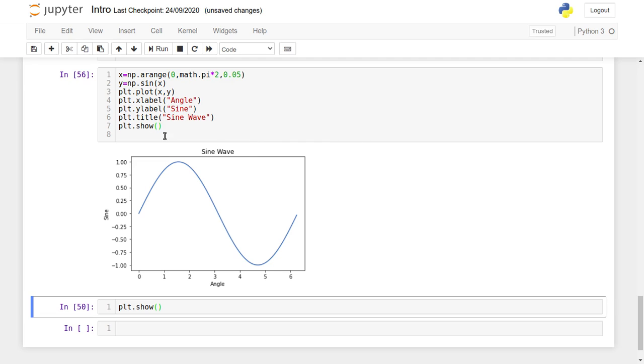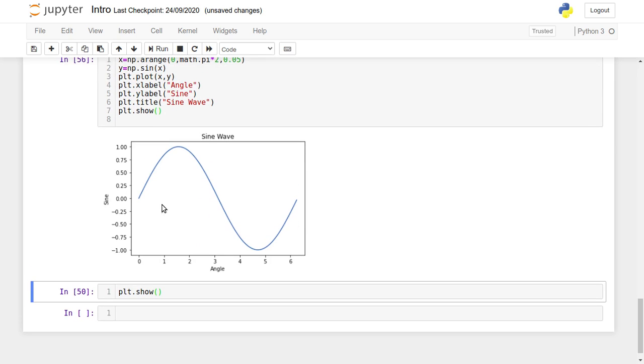The show function will display the graph.